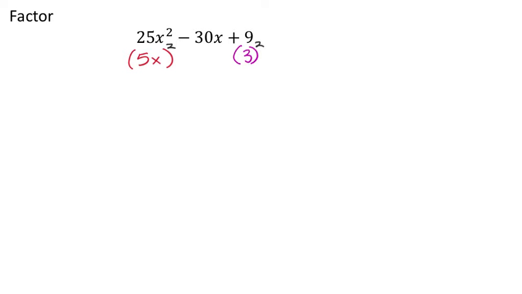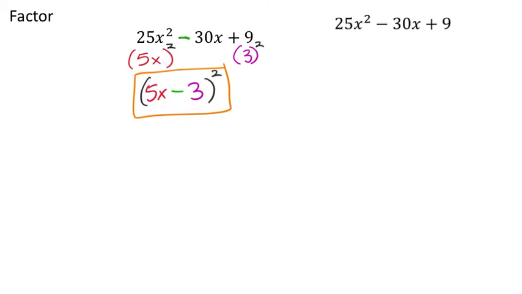So this means that I could have just taken this, and I would have known that since it was a minus sign here, that it would have been a minus sign in my difference of squares here. Maybe I'm using the wrong terminology, but I also don't care. So it's 5x minus 3 to the power of 2, and that's pretty good, okay? Now, if you wanted to focus on factoring by grouping, you would have done it like this,